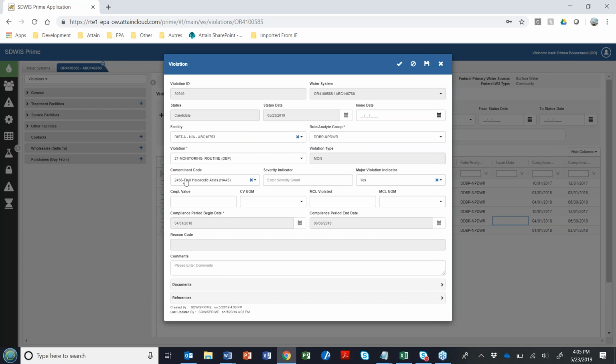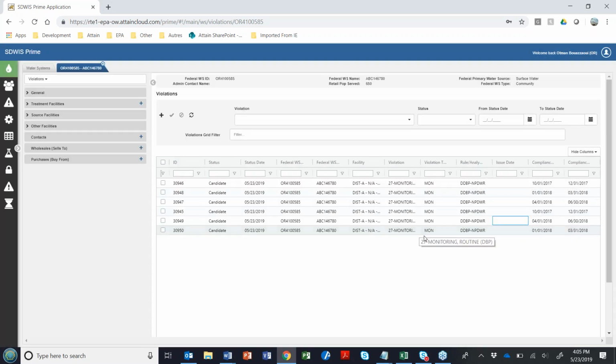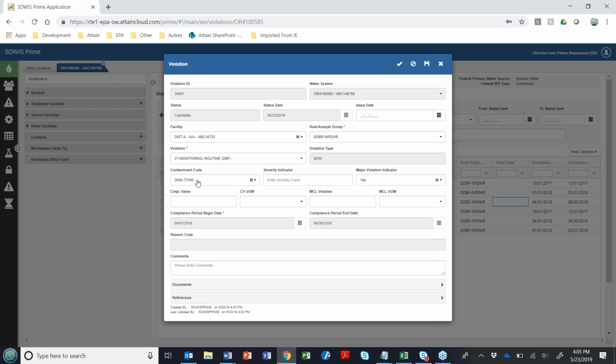It's a 27 code violation. It covers the second quarter of 2018. So we would have one for HAA5 and we would have another one for TTHM. And it's right here for TTHM. These were created a few minutes ago as a result of that MNR compliance run.